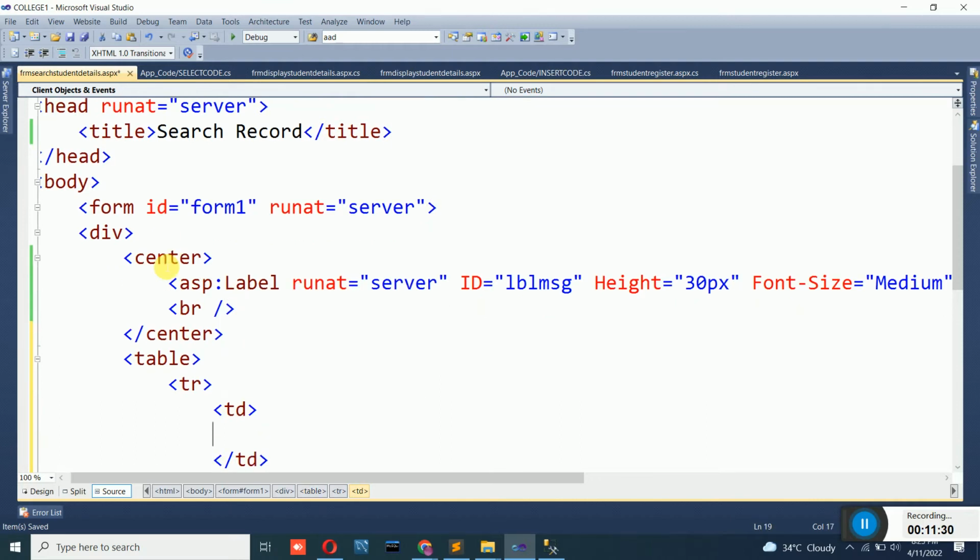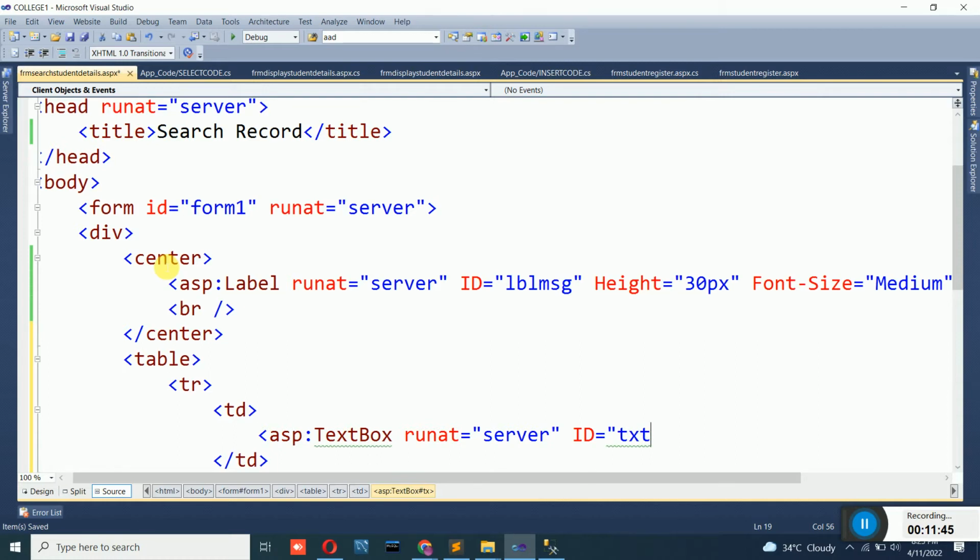inside I will say student name, or what I can do is I'll use asp text box, runat property server, id is equal to txt, say I'll give a message as student name, and max length and all is not required. Just give the required property in this case,